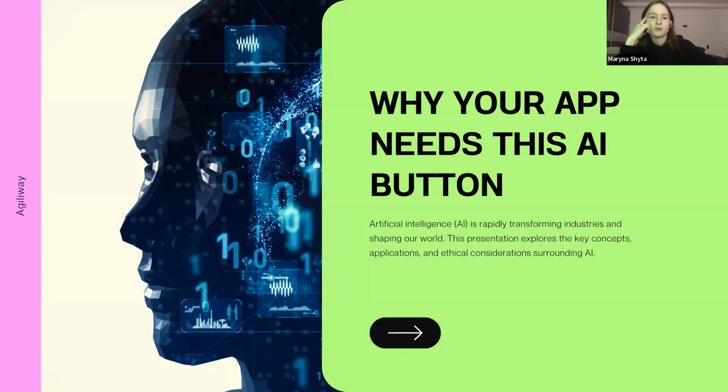Today I want to show you why your app needs an AI button, how you can integrate it seamlessly, and what kind of impact it can have on your business. So basically,